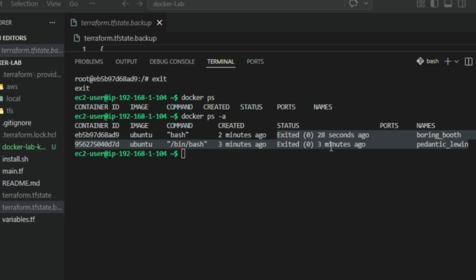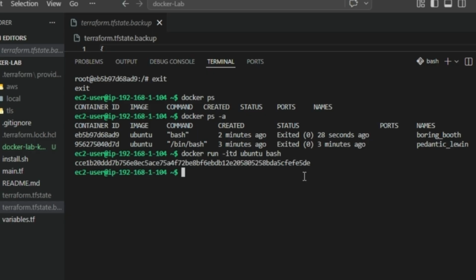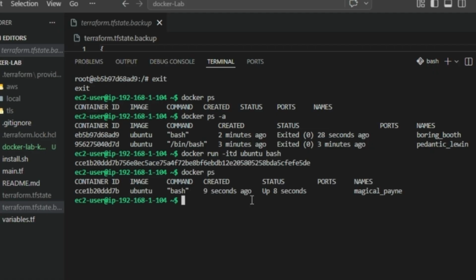So we want to run the command in the background. We don't want them to keep on showing exited. So we are going to run it in the background. To do that, we say docker, we're just going to bring back that same command, run the cursor and put the -d for the detached mode. Okay. So now when we run this command and when we run docker ps,